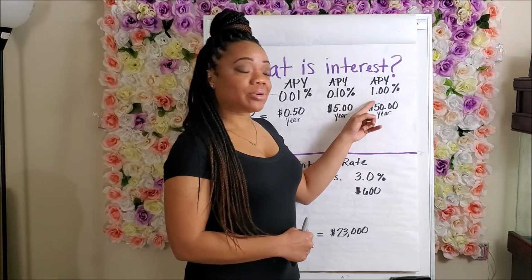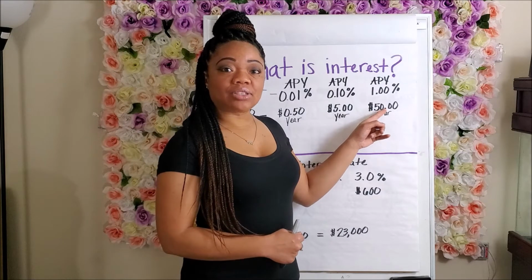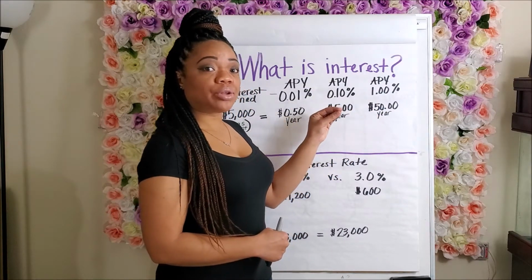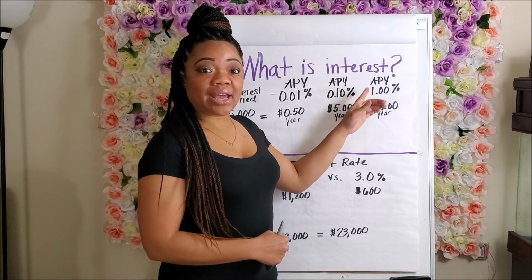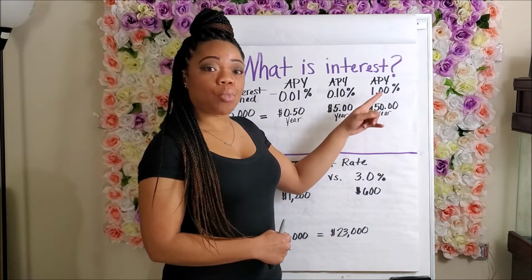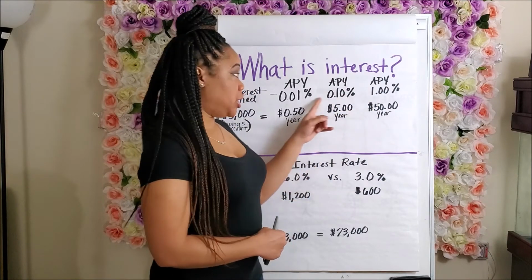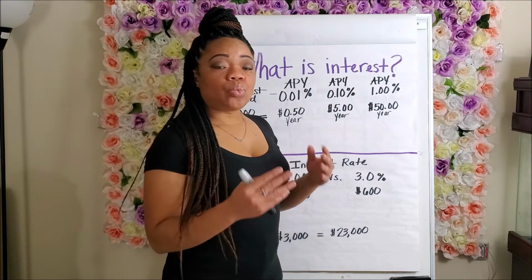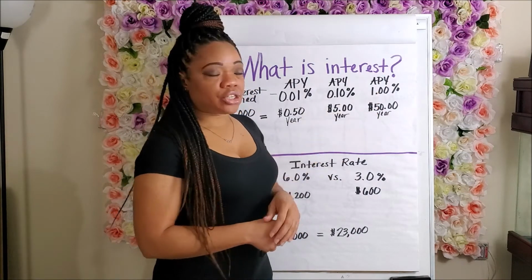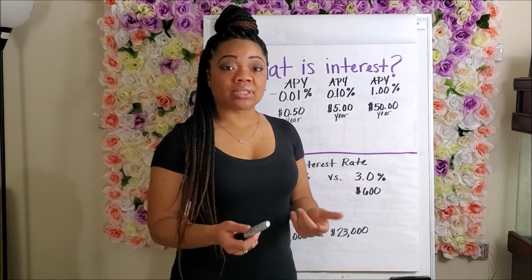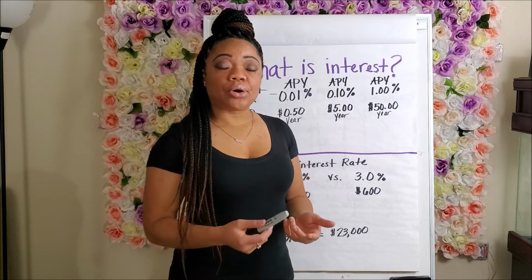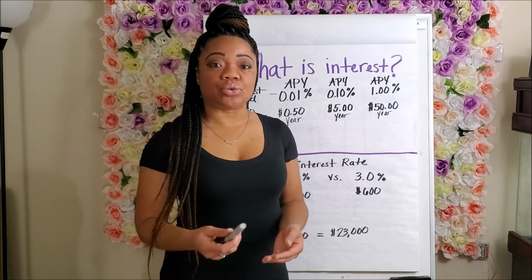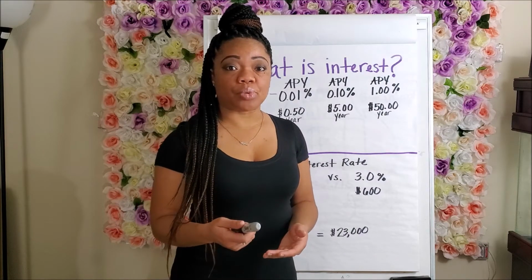An APY of 1% will give you $50 for the year. Now that's a little bit more my speed. So what you want to do is make sure that you are in an account that has this particular interest rate or more or close to it. You don't want to be here because that's not enough money for what we have sitting in the bank. With the 1% interest rate, certain banks will tell you we pay this percent up to a certain amount of money. You have to do your research and read the fine print because that's very important.